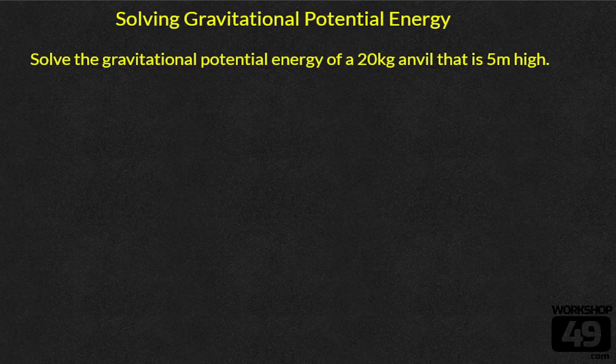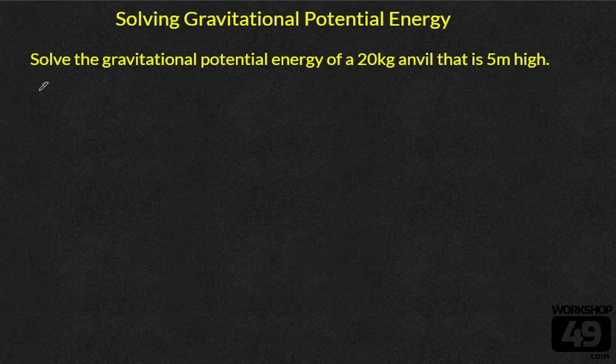Hey folks, let's solve some gravitational potential energy. Gravitational potential energy is the energy that an object has just by being up high. If we let it go, it's going to do a lot of work as it falls down to the ground. In this specific example, we're going to solve the gravitational potential energy of a 20 kilogram anvil that is 5